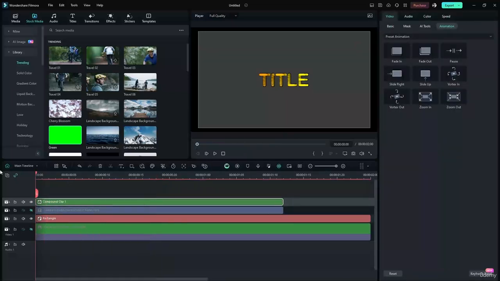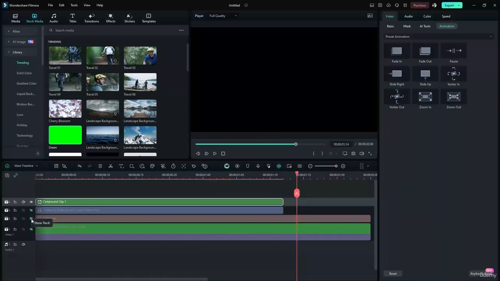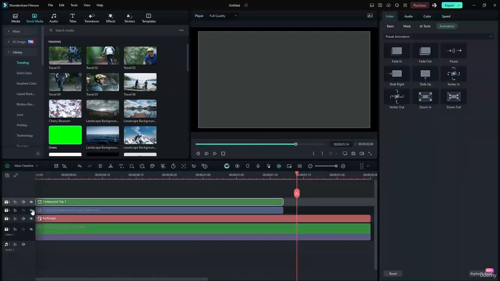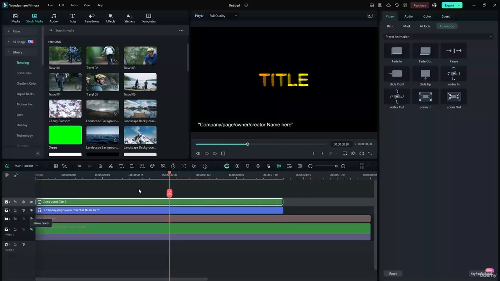Okay. So now if we were to play it from the beginning, title over there, wait. So we enable this. So add title over there, remove the rectangle over here. Track, there you go. Company name, page name, page. Now the compound clip over here, I would want to add a